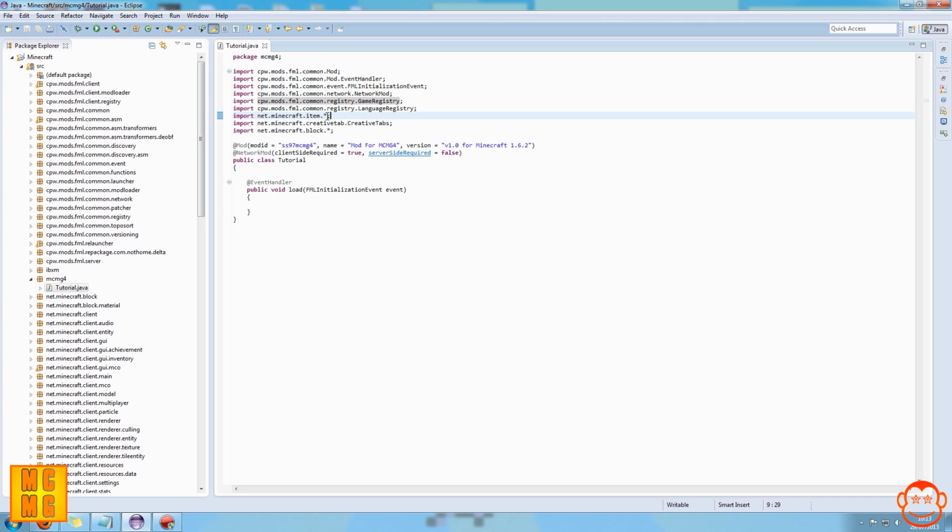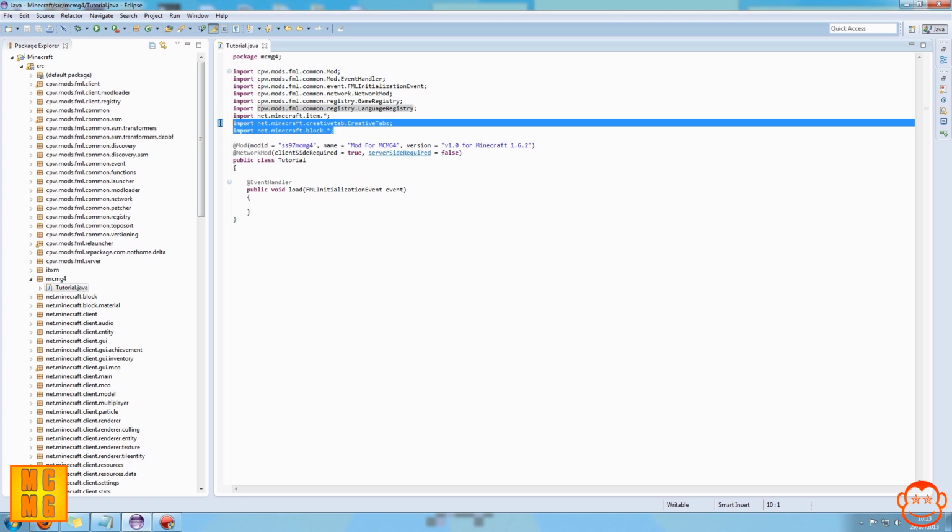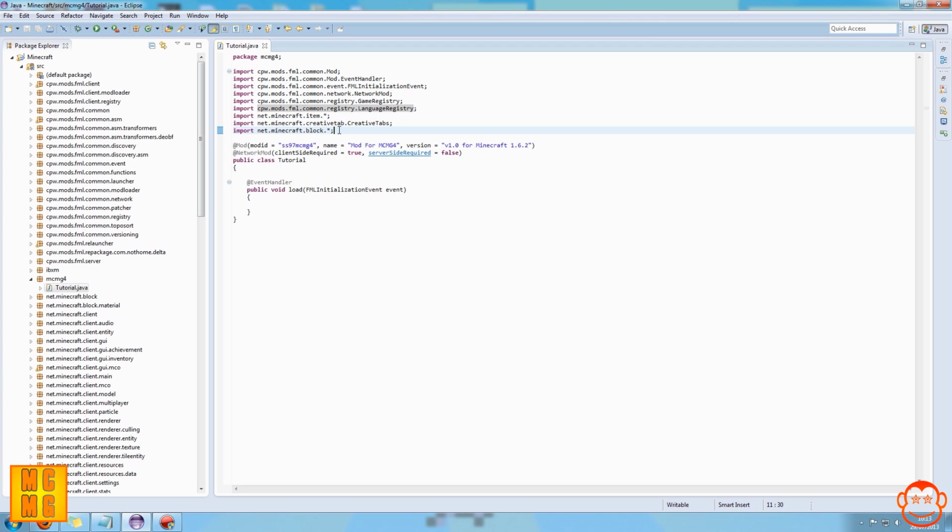And then the next thing will be import net.minecraft.item.*; and what star means is it imports everything from that package. Well, we don't need that, but it's good to import everything, so you don't have to import individual classes. The only exception is like registries, where it's separate classes. Anyway, next thing is import net.minecraft.creativetab.CreativeTabs; that will come clear why you need that. And an optional is import net.minecraft.block.*;